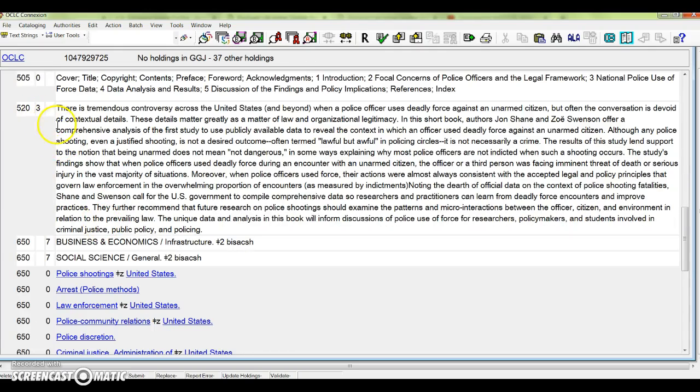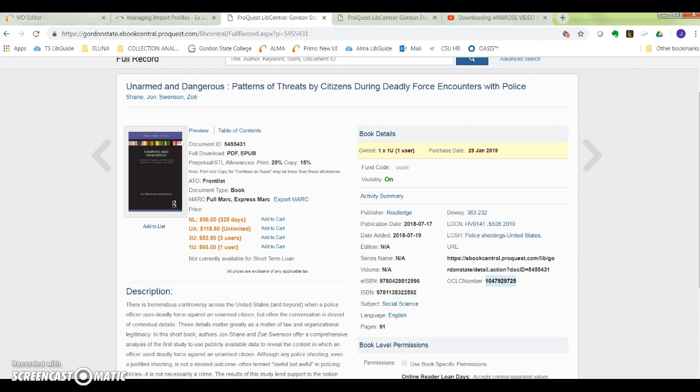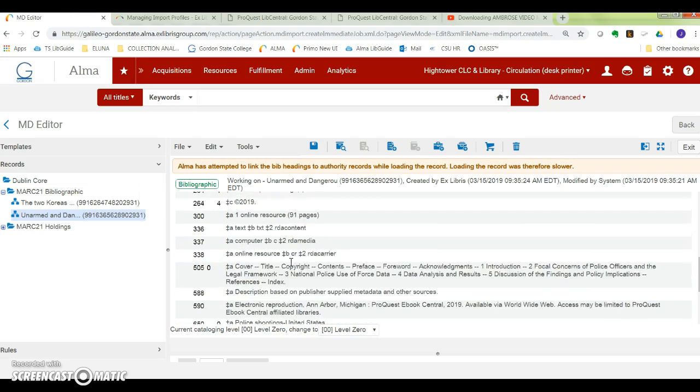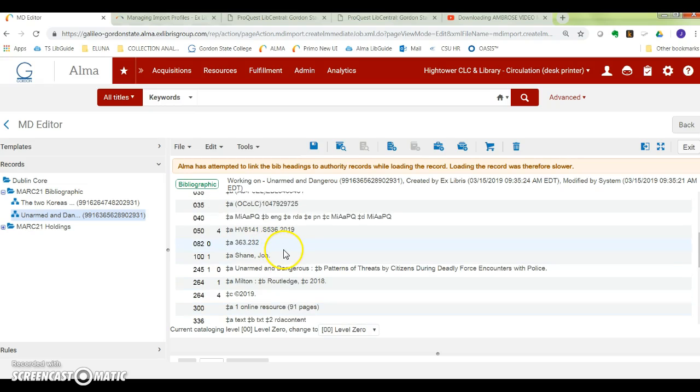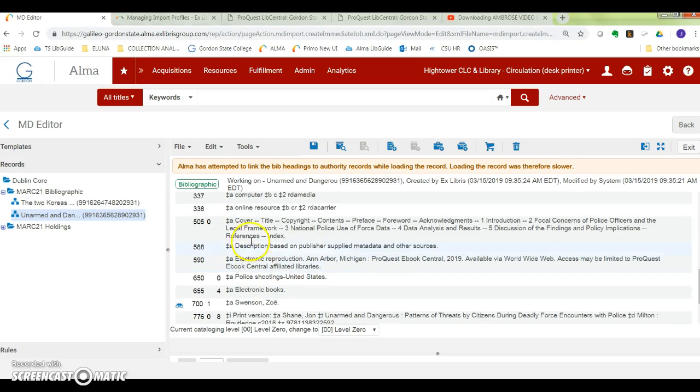Alright, so this is the record in Connection. We could have used that by adding it as a batch process, or we could have gotten the vendor record. And so this is the vendor record, and they do look a little bit different, but this one is perfectly fine. So this is just a way that gives you an alternative method of getting the MARC record into